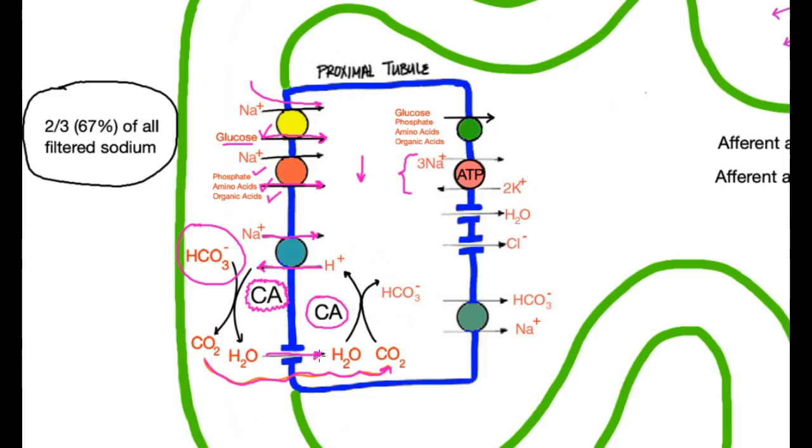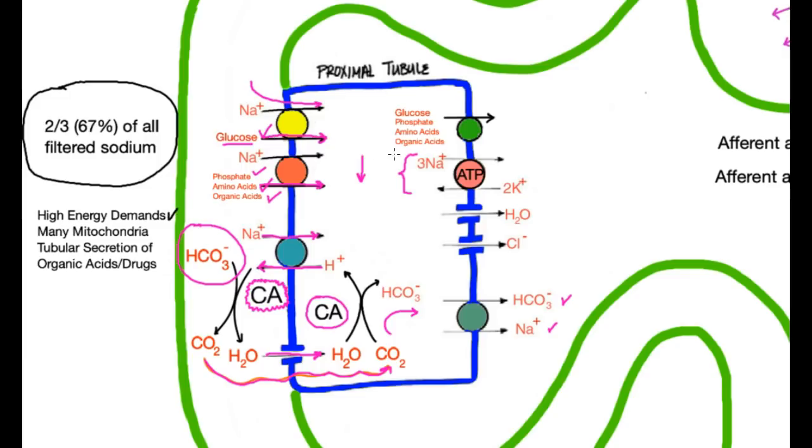And essentially, the proton here can be recycled, and the net effect is that the bicarbonate can now be transported out on the basolateral side with sodium. So essentially, the net effect is reabsorption of sodium and bicarbonate. So the proximal tubule is doing lots of transport, and because of this, it has a very high demand for